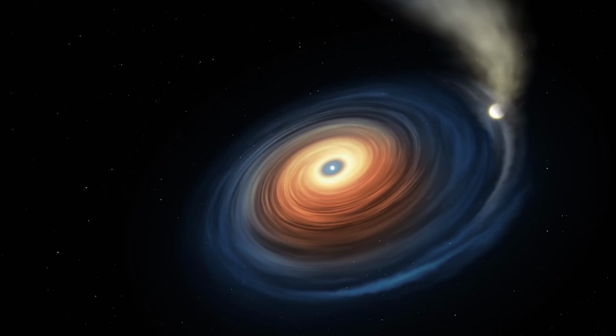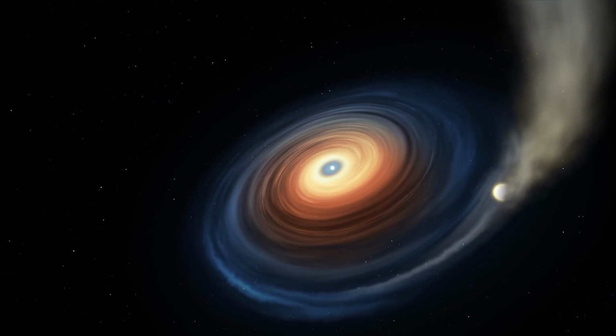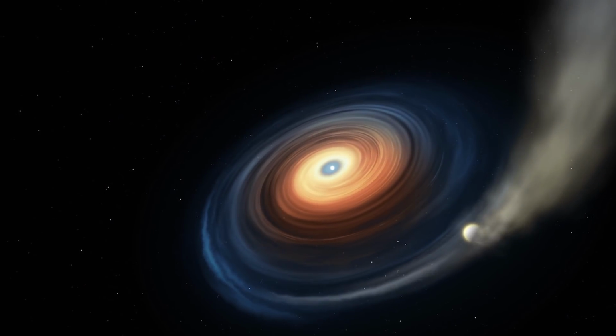And it is this disk that makes the otherwise hidden Neptune-like planet visible to the X-Shooter instrument on the Very Large Telescope. I'm sorry, but that's just really cool. Now, one weird thing that's going on here, though, is... Should have caught that in the writing part. Sorry, guys. According to the researchers, one thing that is going on here, though, is